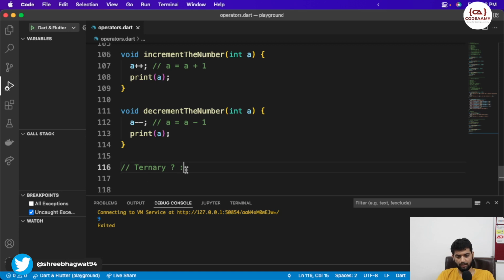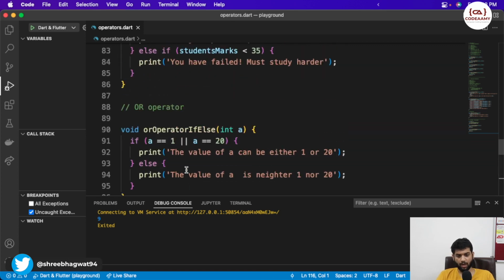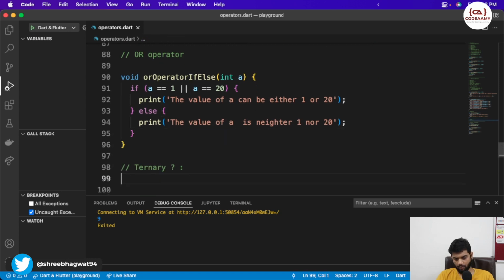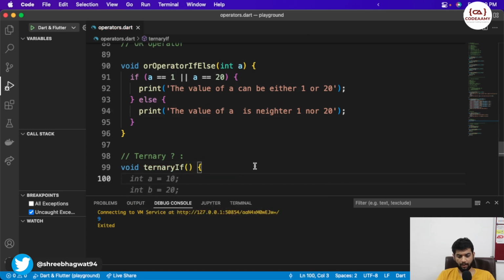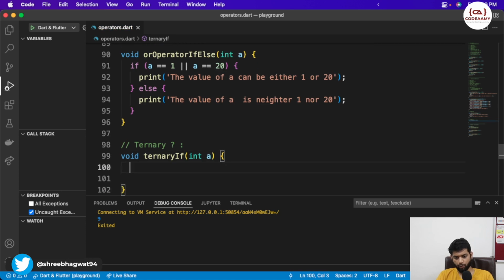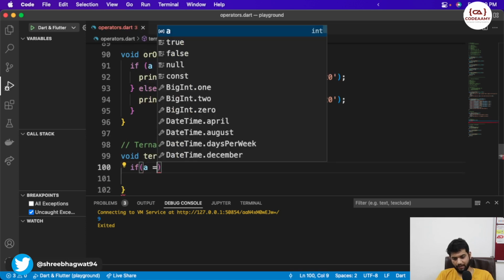So what I'll do is, I'll go back to our if else part over here, and over here we will add the ternary operator, and let's see how ternary helps us. I will create a function called void, and let us pass one value, int a. Okay, so what we used to do is we used to do like this: if